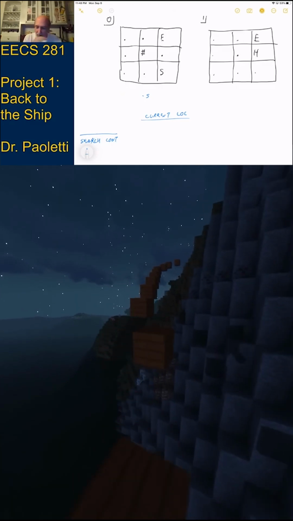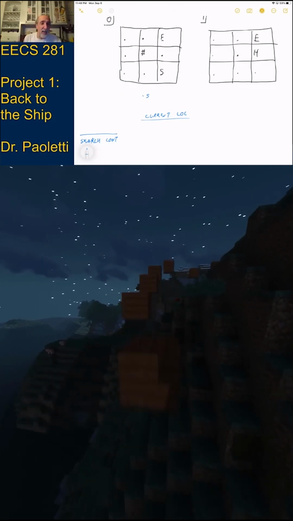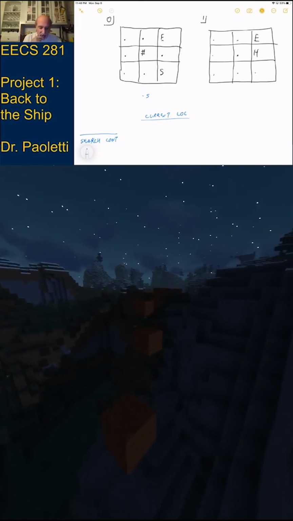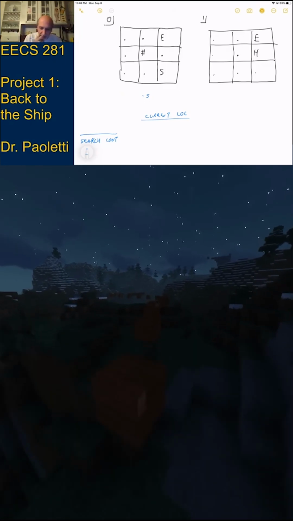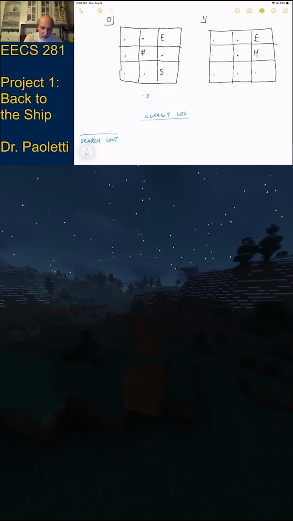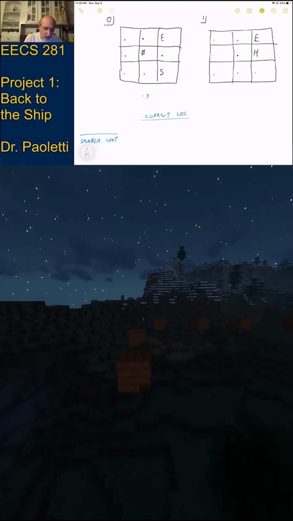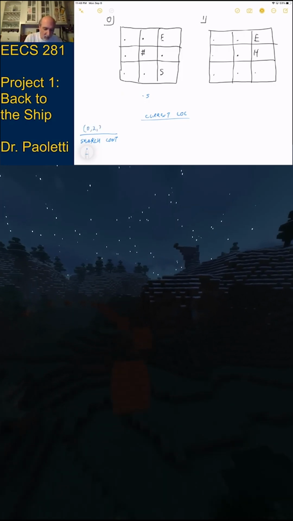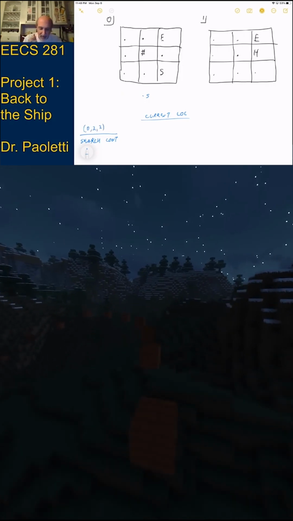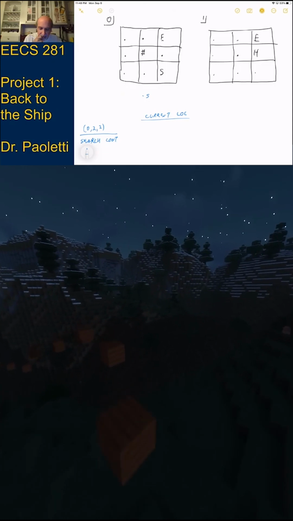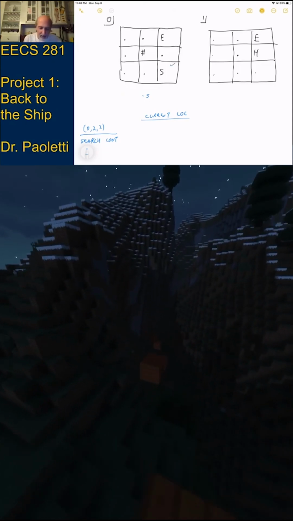Okay, so we start out exactly the same. We put the start location in there. That's level 0, row 2, column 2. 0, 2, 2 goes into the search container, and then we mark it as discovered, and now we can start the loop. So we pop off of there, so 0, 2, 2 is our current location, pop it off the stack, and now we start